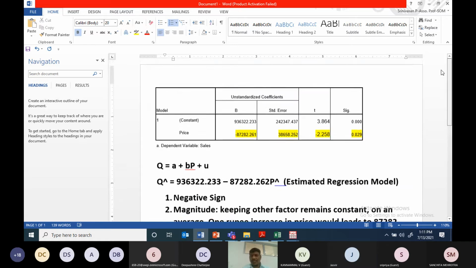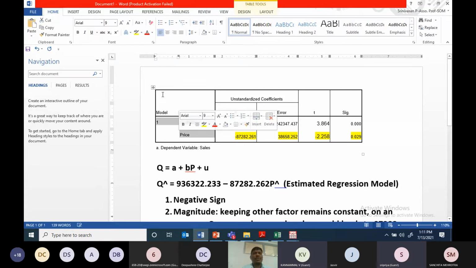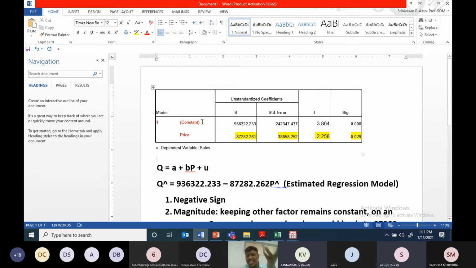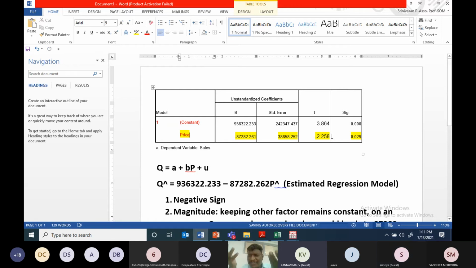See, in this case, what is the individual coefficient here? Which is the coefficient here? Price. It's not the constant because we don't bother about the constant. So which test are we applying here? We are applying the t-test. What is the purpose of the t-test? The t-test is used to examine the level of significance of the individual coefficient.